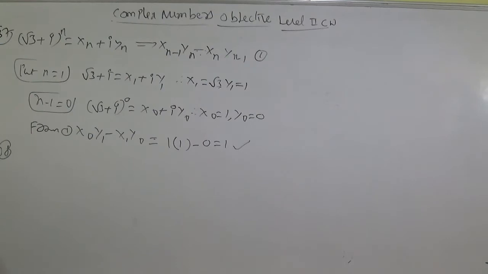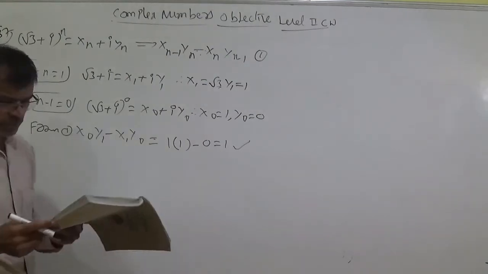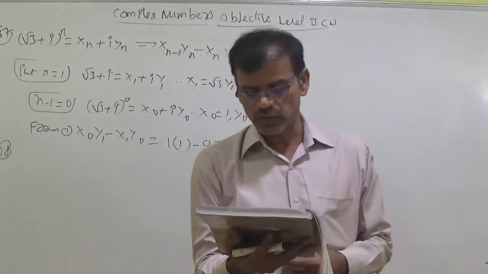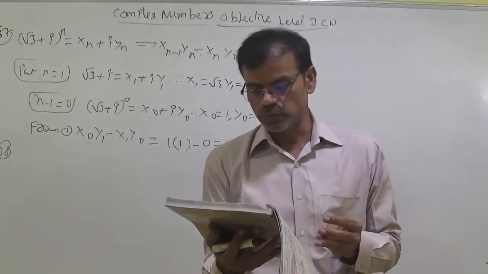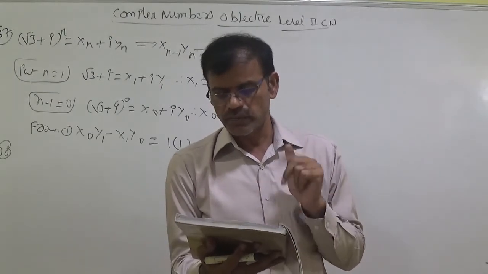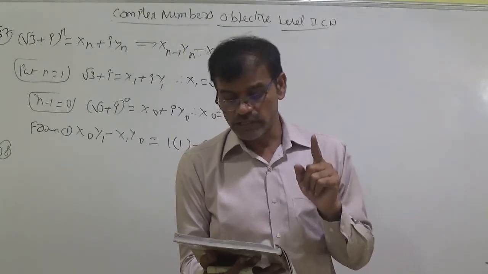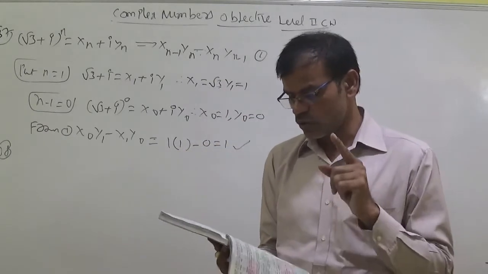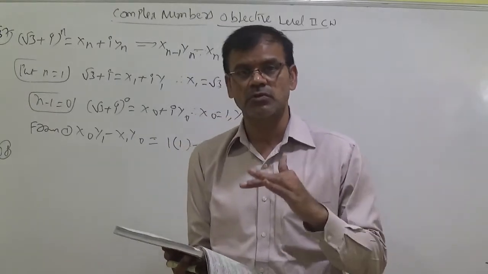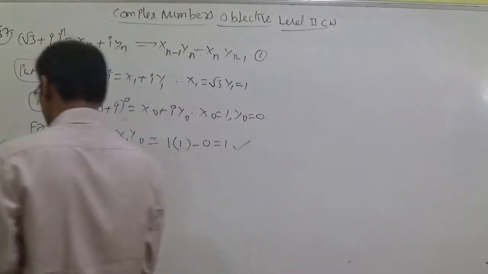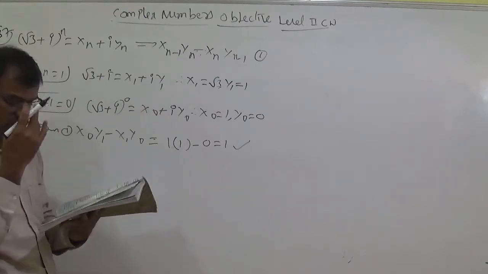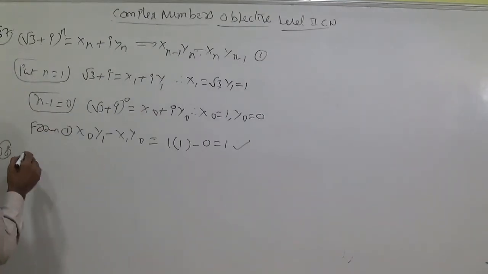38th question. 1 plus x whole power n is equal to p naught plus p1 x plus p2 x squared and so on until pn x power n. We have to calculate the value p1 minus p3 plus p5 and so on. I have discussed this question in IPE. There he gave a naught plus a1 x plus a2 x squared and so on, and find the value a1 minus a3 plus a5, and a naught plus a2 like this also. Two values they gave. Whenever minus is there you will get sine, and whenever plus is there you will get cos. Of course for every option sine is there.